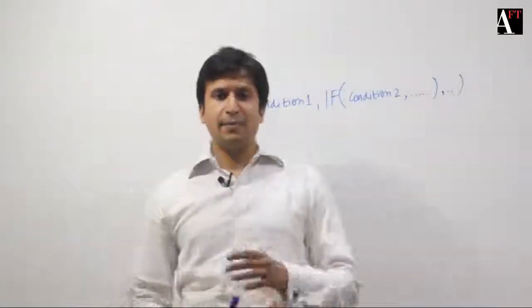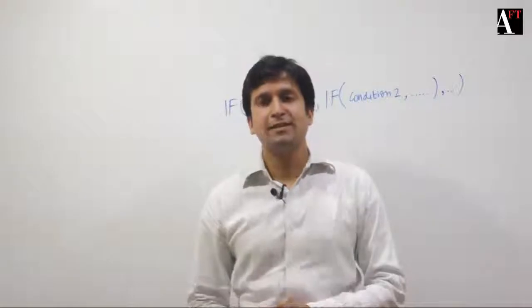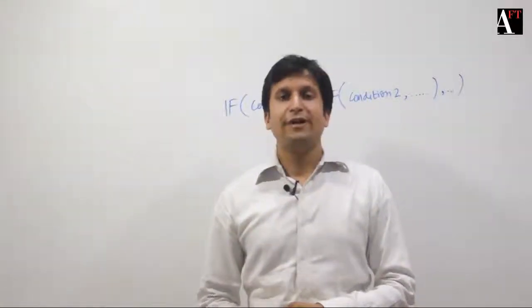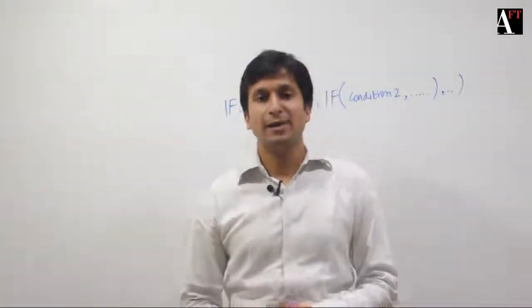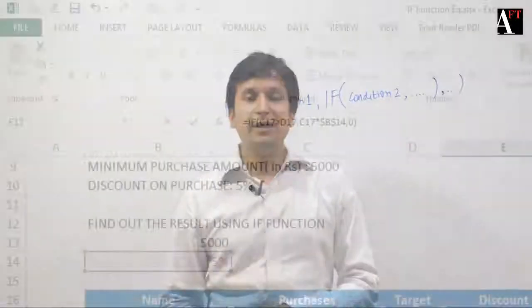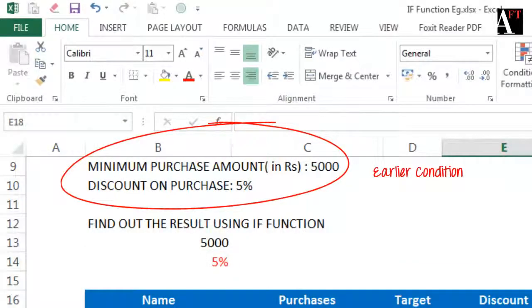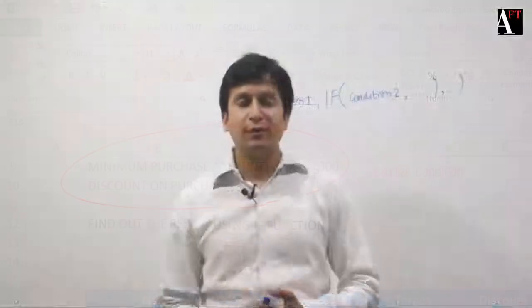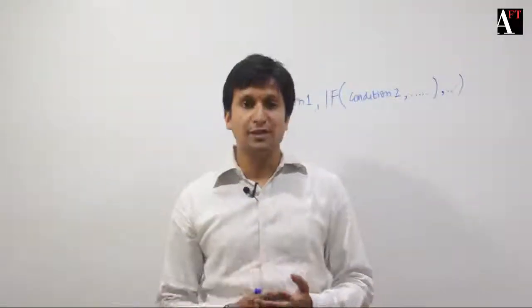Let's go back to our example of the credit card and purchases using the credit card. We had a condition, or the credit card company had given us a condition, that only if we buy more than 5,000 rupees of products using the card, then only we get the cashback or discount of 5%. Let's say they add one more condition to this, that is, you can only buy specific products using the card and then only the cashback is available. So there are two conditions.